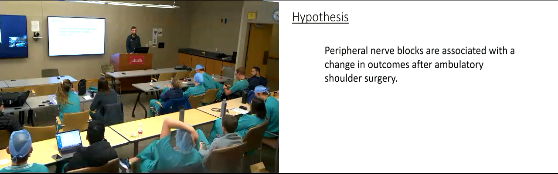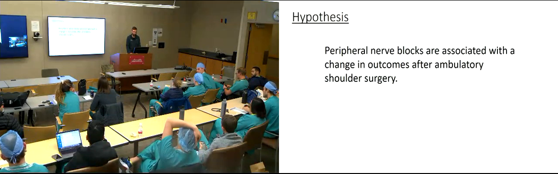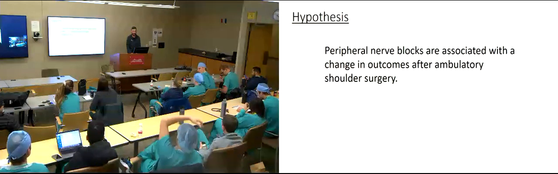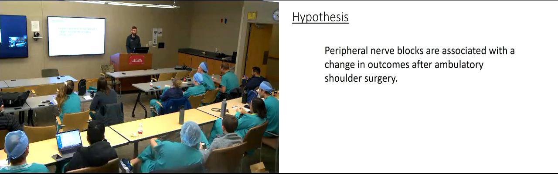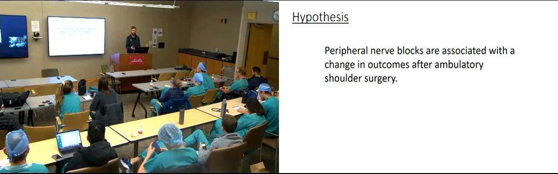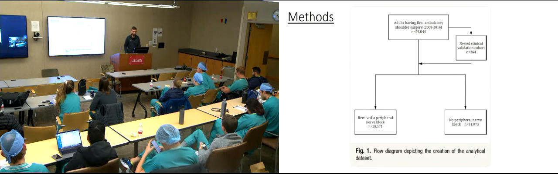Just the background of it was that there's an increased number of peripheral blocks happening in ambulatory surgery, and we don't have a whole lot of things to say that it helps or it doesn't help. Yeah, that's a really good point. Like that, the why. Why would you even bother doing this? Sort of what is your question? Oftentimes when you're designing studies, though, you have a directional hypothesis. I got the general because this is sort of a broad paper, but you have an idea of what you think is going on. And I think their assumption is that peripheral nerve blocks are good, that people are paying for them, they seem to like them, it's sort of low risk. We should see what it does beyond just our clinical gestalt with that. Okay, so